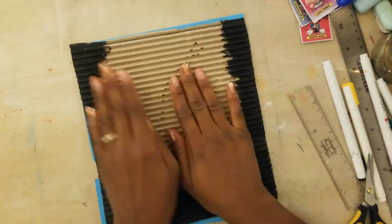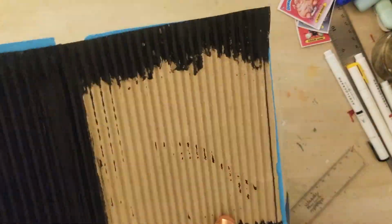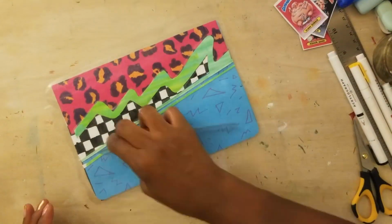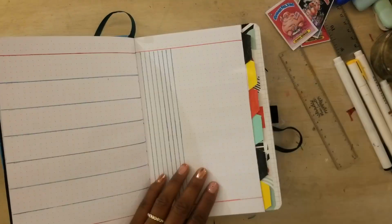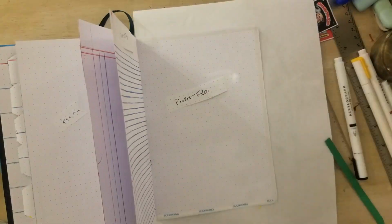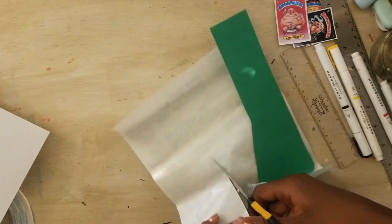together in a minute. Now, I had thought about placing these items in and then putting the contact paper on it, but to me it just made more sense to get everything together and then to tape it into the bullet journal. Again, due to the strength of it, I am using double-sided tape to get this done. I have 3 different sizes, and I knew that it would hold. So I am getting the double stick tape ready for my pocket folder. So I just put 2 strips to sort of represent the top of this folder, and then here is the